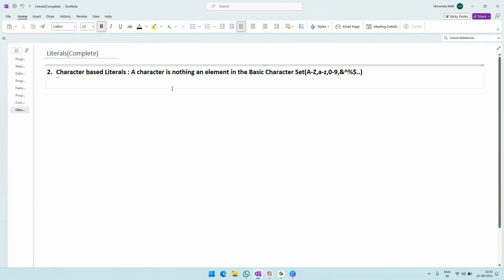So a single character means anything between A to Z, anything between 0 to 9, anything in this. Okay, so that is nothing but a character. Now in Python,